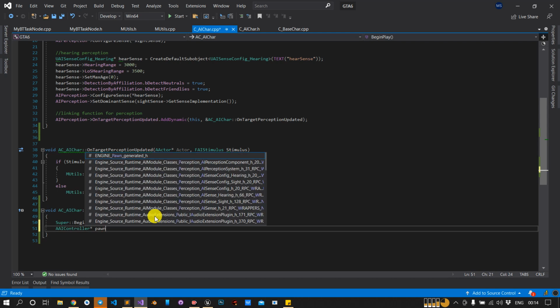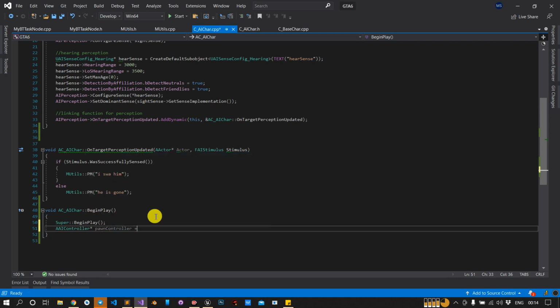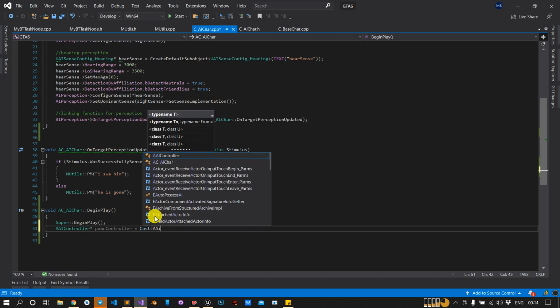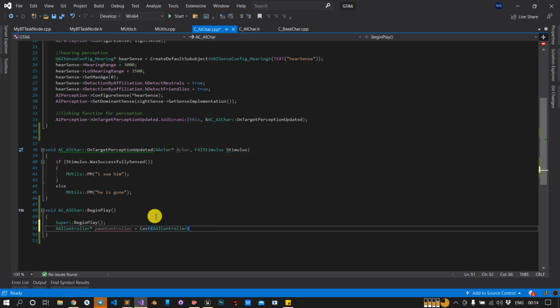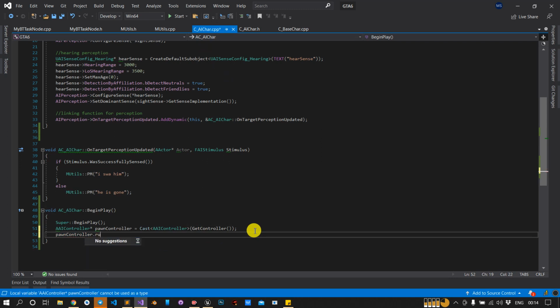It's a pointer, so PawnController equals Cast AIController GetController. With GetController, I will get the controller of the character class, and I know that it is the AI, and I'm using the AI controller as the parent class, so it will return a success. So PawnController dot run.